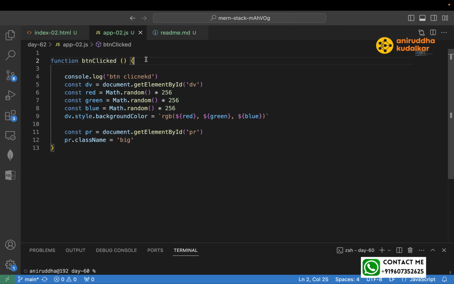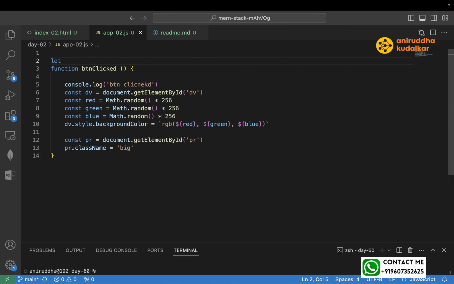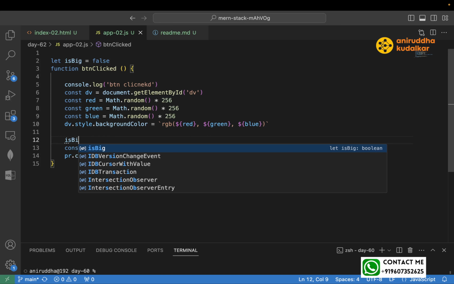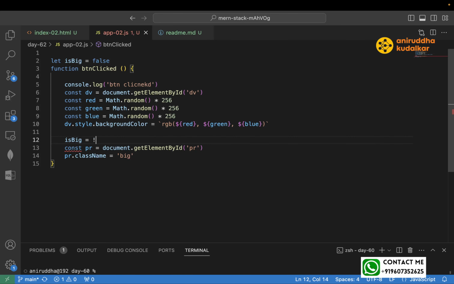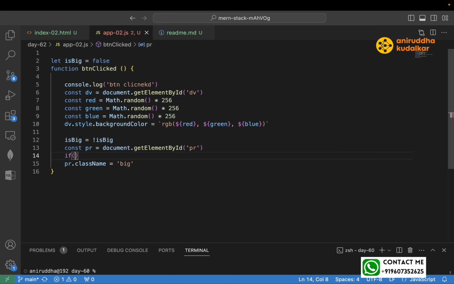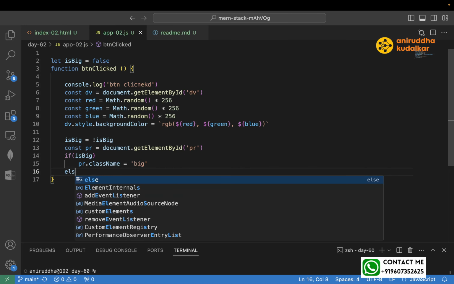Now it's pure logic. You need to maintain one variable: let isBig equals false. So here you need to check if isBig equals toggle isBig. Whatever the existing value, just toggle it. Okay. Then what? If isBig is true, then do this thing. Else